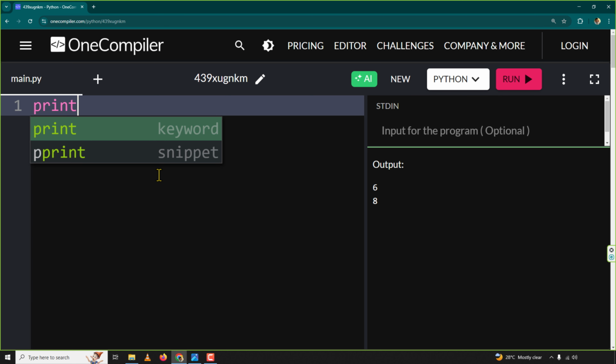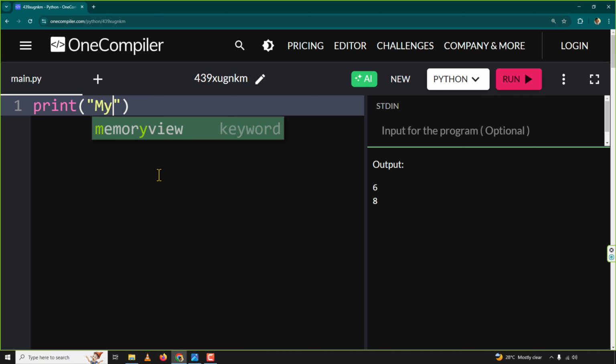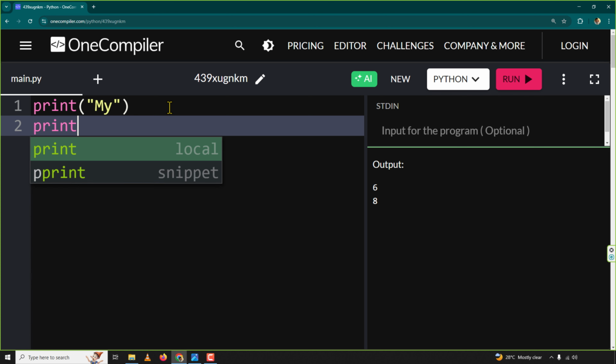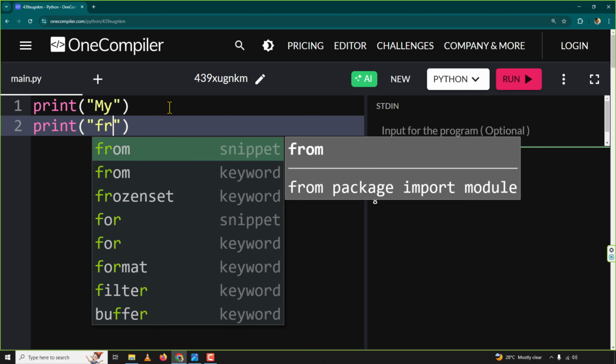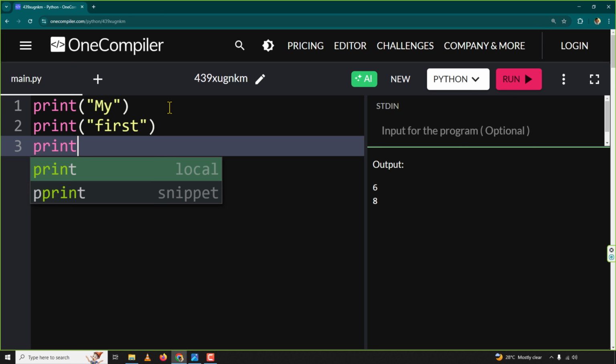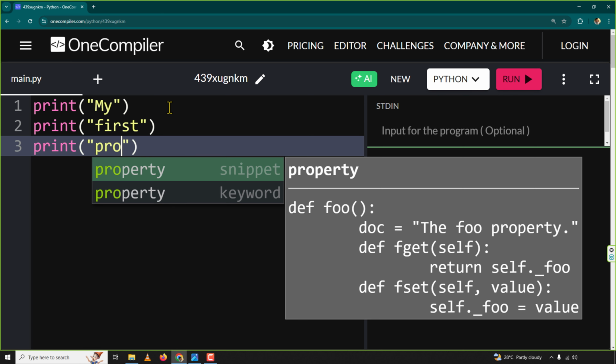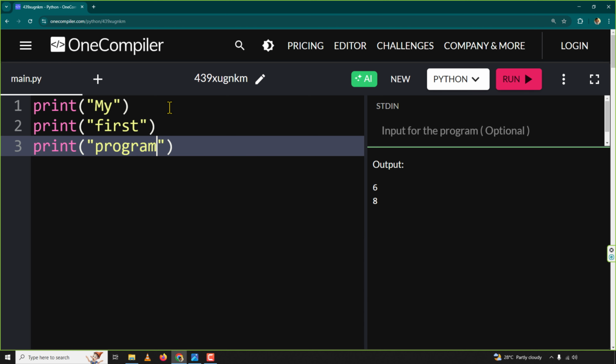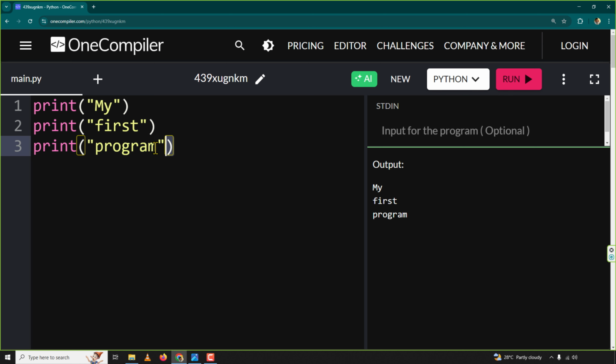First way is by having my in the first line, first in the second line, and program in the third line. When I run it, I get the result as I want it. This is one way, which is not a good way to write the code. So let us go to the second way,